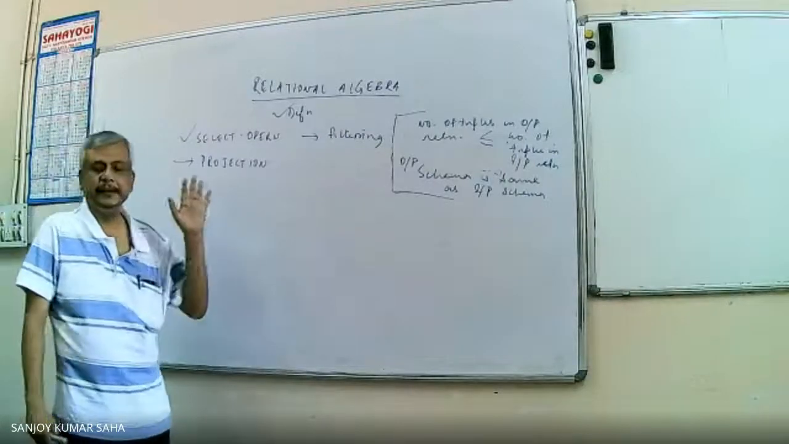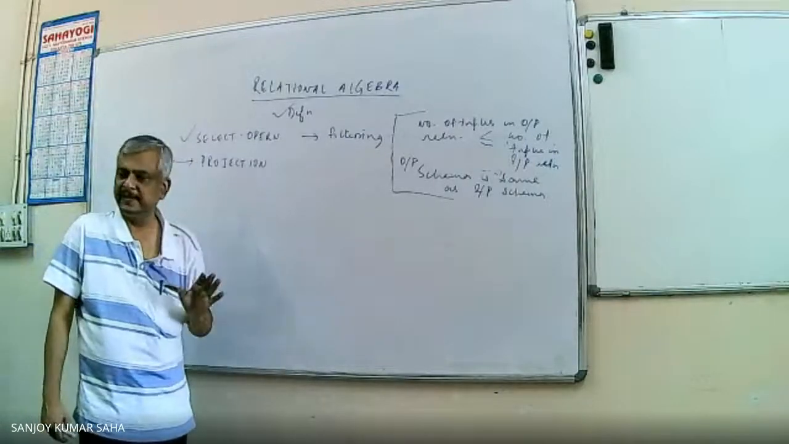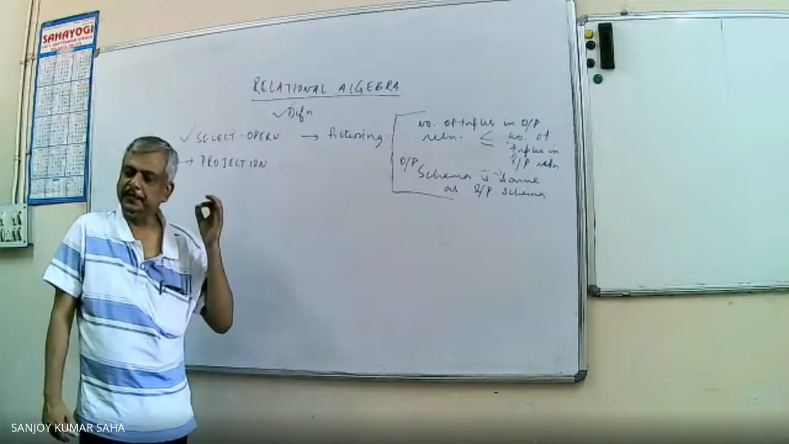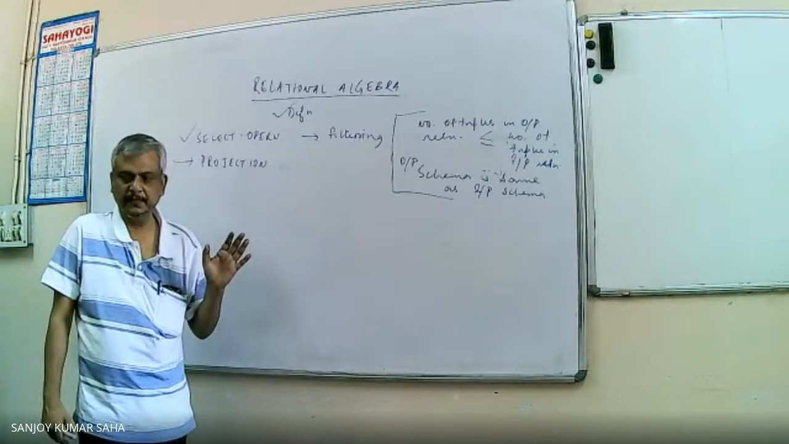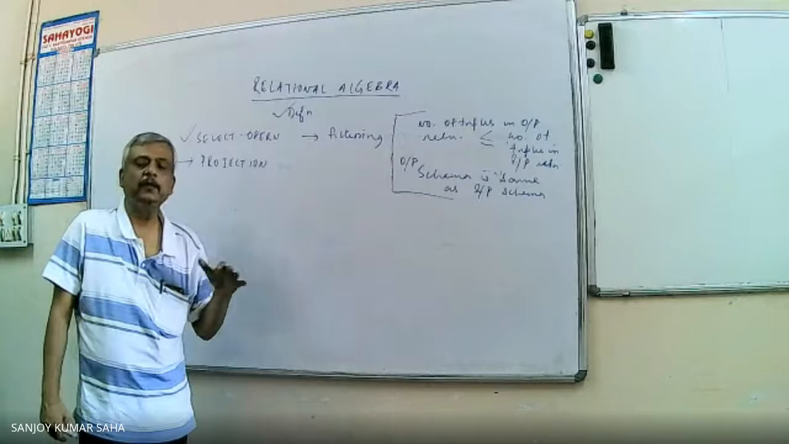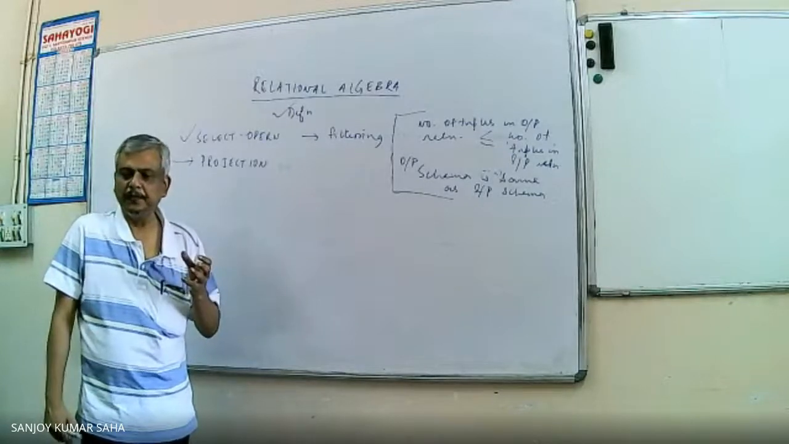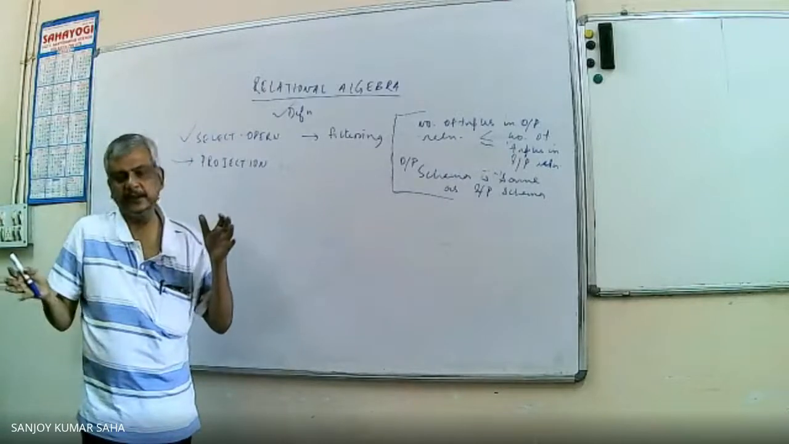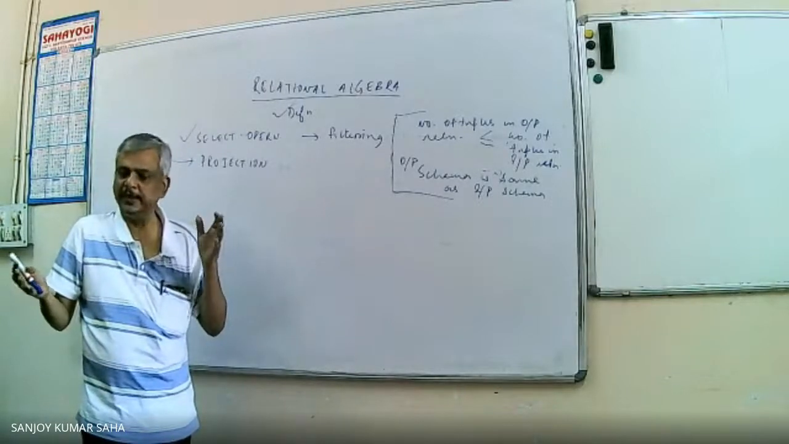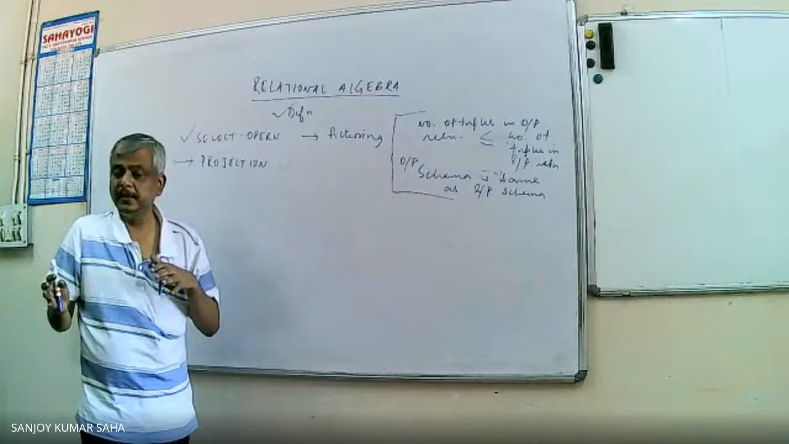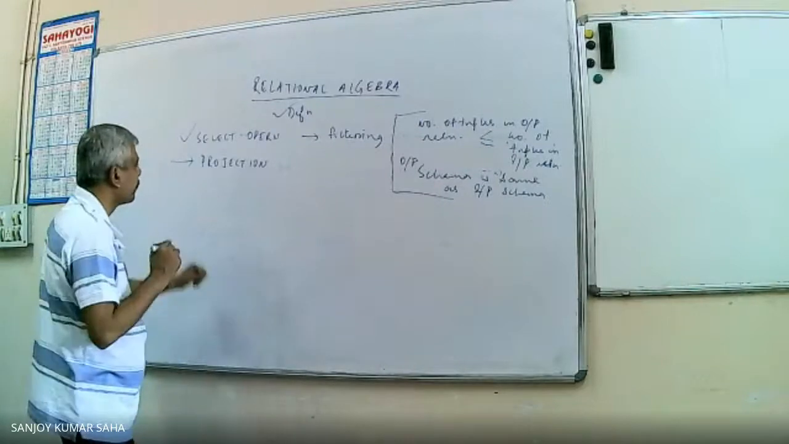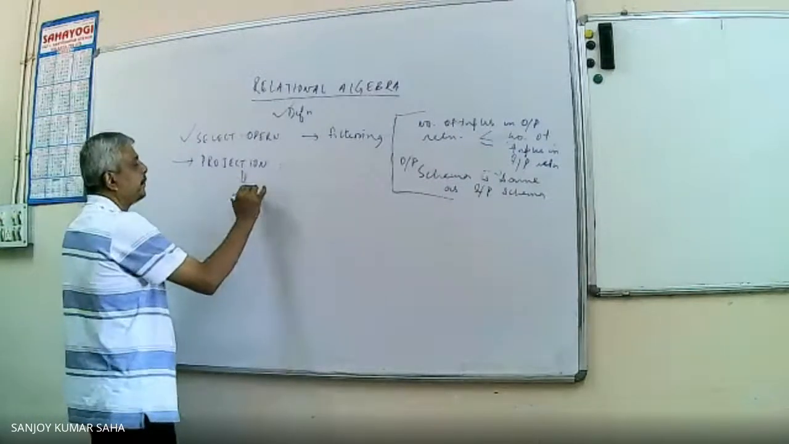Maybe there are some 70, 80 attributes in the schema. So it's a high degree relation. Maybe in our operation I require only a few. If we work on the whole schema all the time, again that will be a burden on the memory requirement. So projection basically